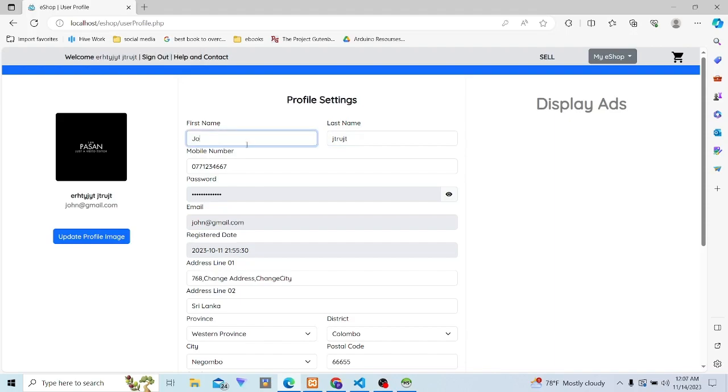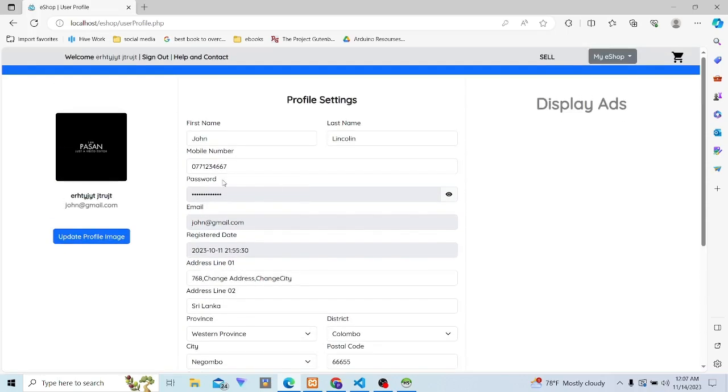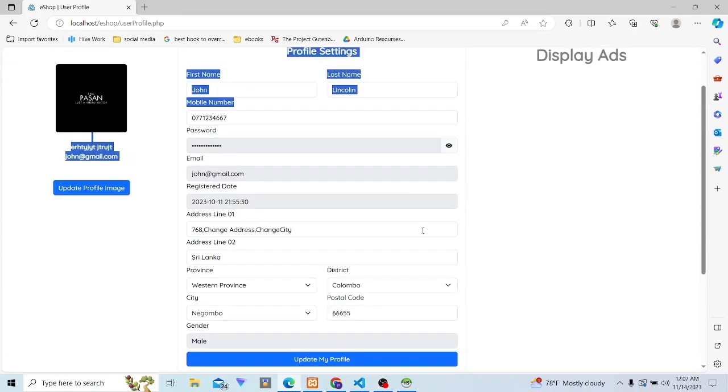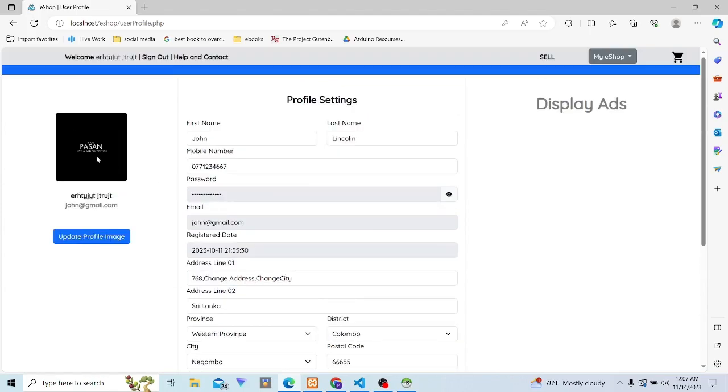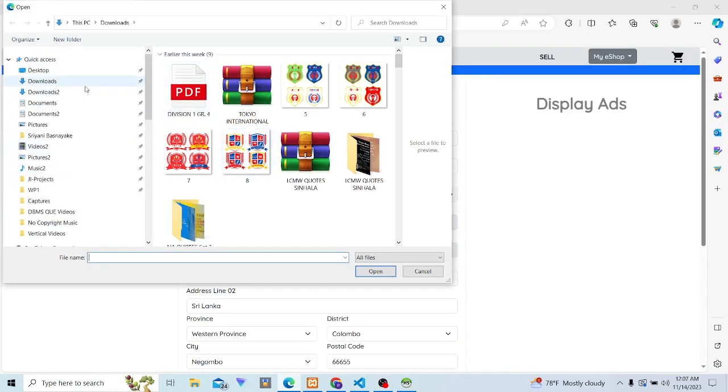I will change the first name to Joe and the last name to Lincoln. You can also see that the password, the email, the registered date, and the gender cannot be changed. We are only allowing the user to change the other details. We are allowing the user to change the profile image too. So if I go and add the profile image,